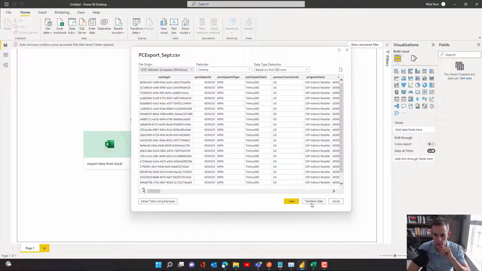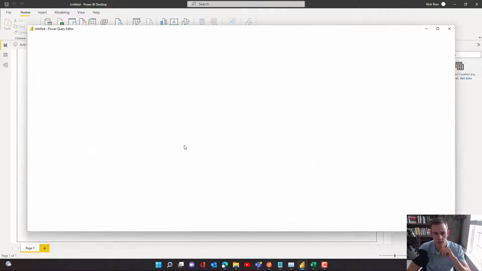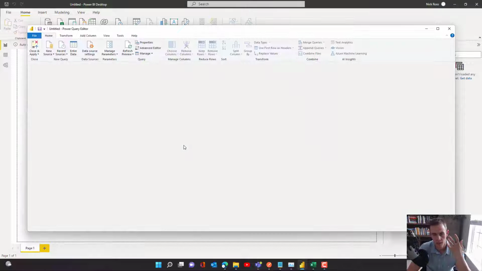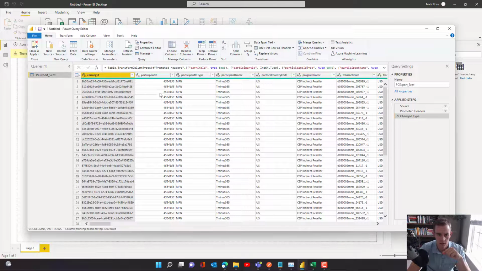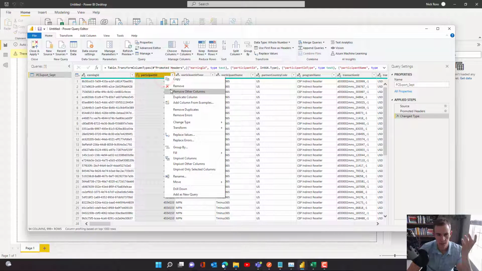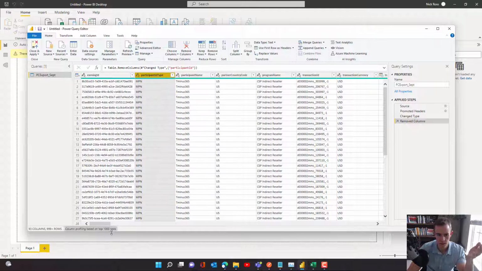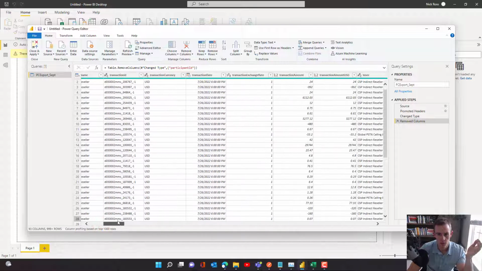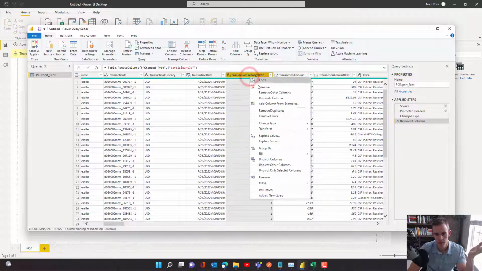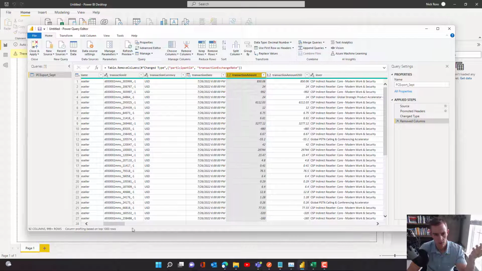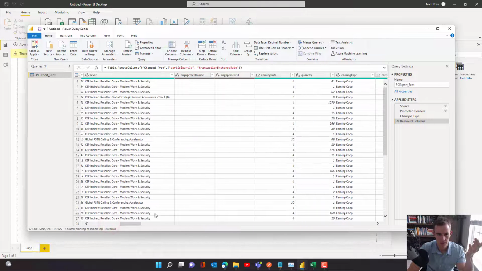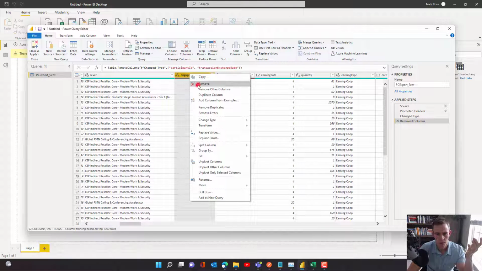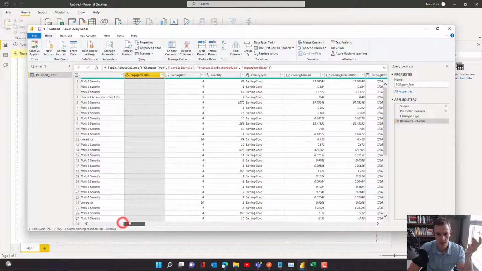Okay, here's where we're going to go ahead and transform the data. This is where you can clean up the rows and also remove any columns that are really unnecessary. So some of these here might be your participant ID. We're not going to really use that for any of the data manipulation. You can go through each of these rows to kind of determine which ones you don't need. Like the transaction exchange rate for me is pointless, so I don't really want to see that within this particular view. So I'm going to keep going and doing that here, but the one I wanted to showcase as well